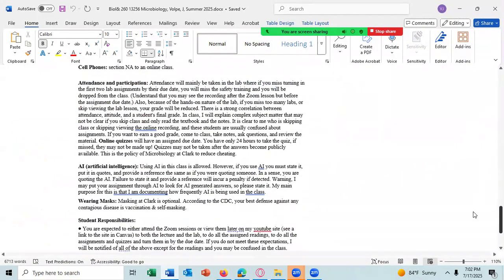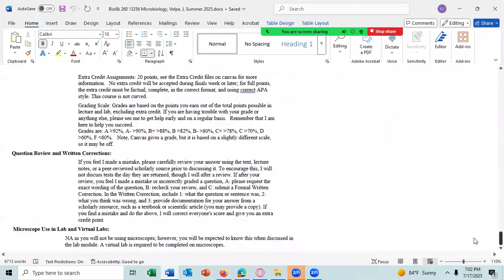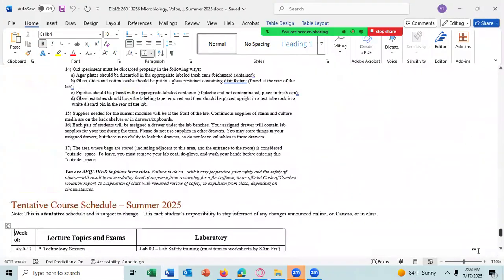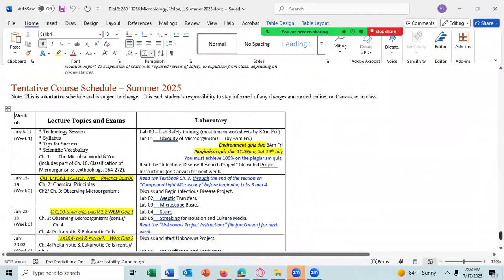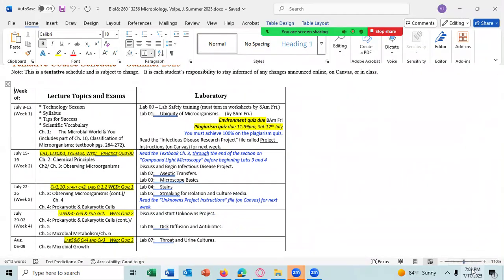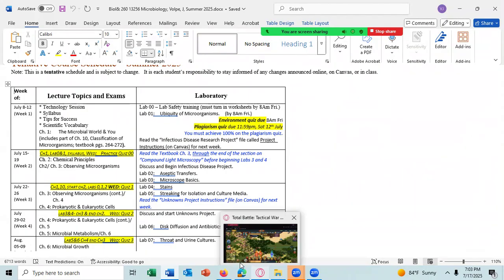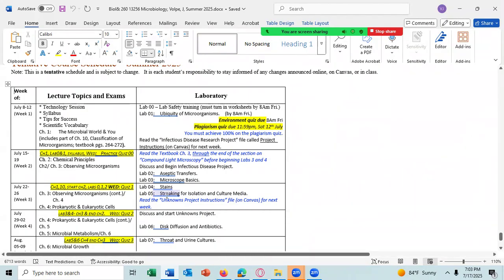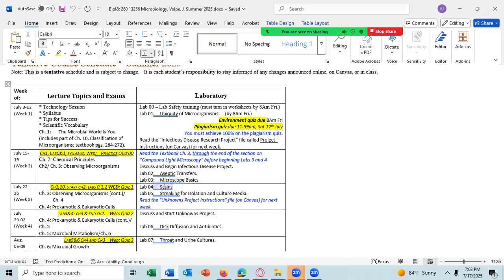Before we begin, are there any questions? All right, today is June 17th, and we should be discussing Lab 3, microscope basics. You've already begun the infectious disease project, so please pick a topic and okay it with me. Everybody has to have a different topic, so that's why you need to check in with me.